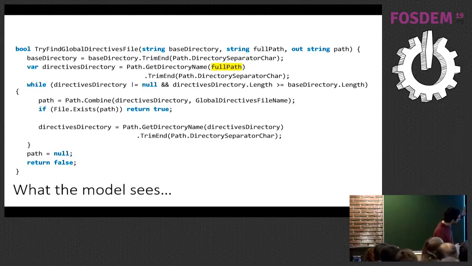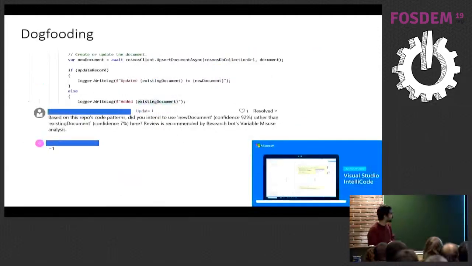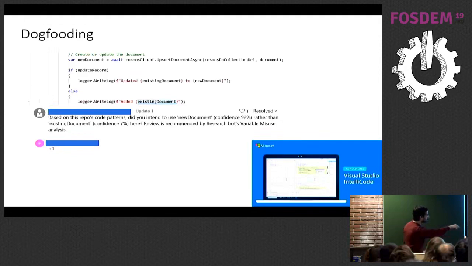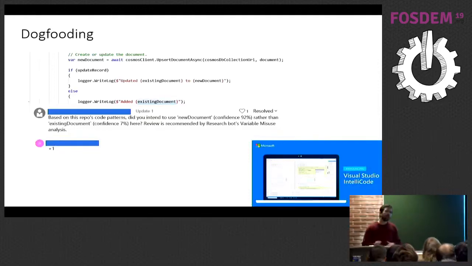So this is essentially how our model works in many cases. And of course, it makes mistakes in some cases. So we dogfooded this internally within Microsoft, within this IntelliCode program, and this is a real bug that we caught. Someone was logging something, but then here they decided to use, well, added existing document, really? No, you wanted to use added new document here. So you get this kind of error that people make, and in many cases, this is a good thing. Overall, I think we learned a lot of lessons, and that's my next slide.